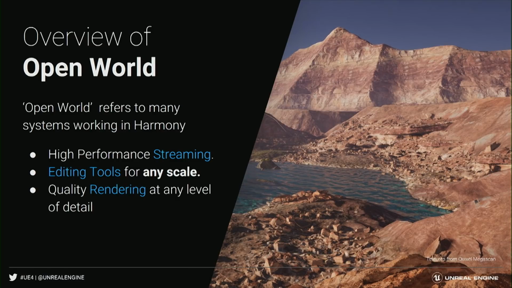So for this discussion, those features are really high performance streaming, because you have to have a large world if you're going to have an open world, and you want to be able to stream that in just near your player where you need the most resources and the most detail. And you need editing tools that will work for any scale,